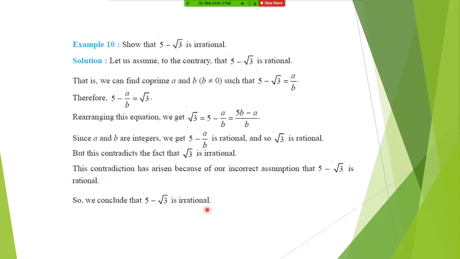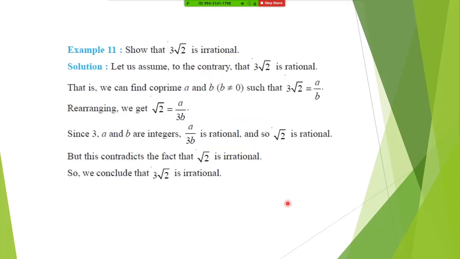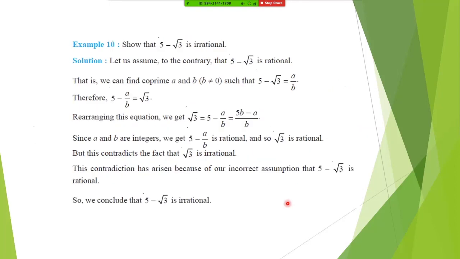Now, when you have questions like this, you need not start proving that root 3 is irrational. You will assume that the whole thing is rational and start proving. Please take down this also. They are there in your textbooks, but still if you take it down, it will go into your memory. Do not forget to write that A and B are coprimes. Very essential.